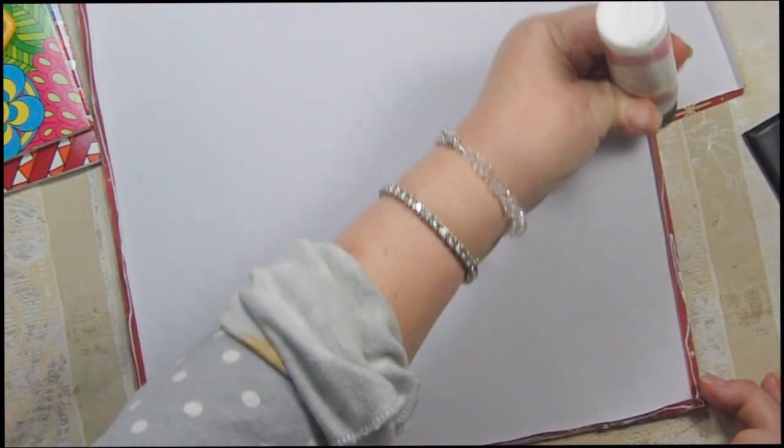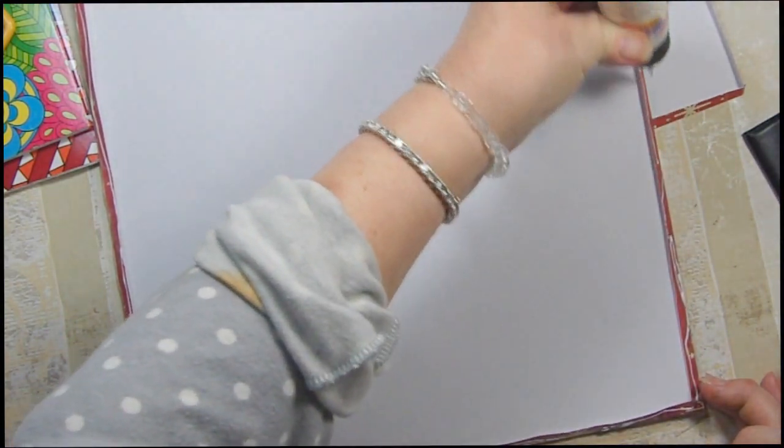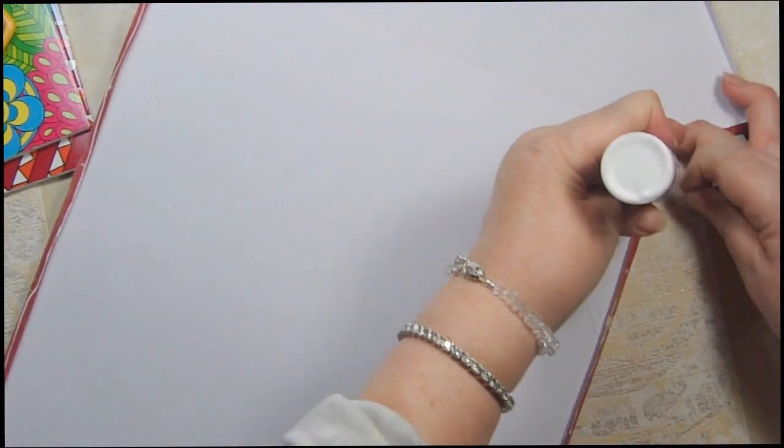You can use any kind of wet glue at all. I'm going to use a little bit of art glitter glue just because I know it's a really wet glue, and it'll make it so that I don't have any spots that don't have a little bit of glue on them. And I have this little fine tip applicator with it, and it works really easy for me,